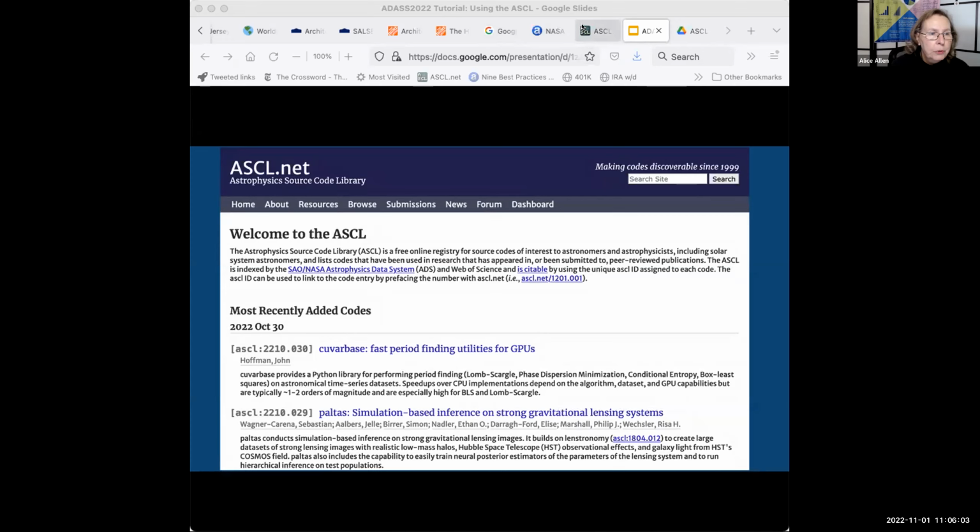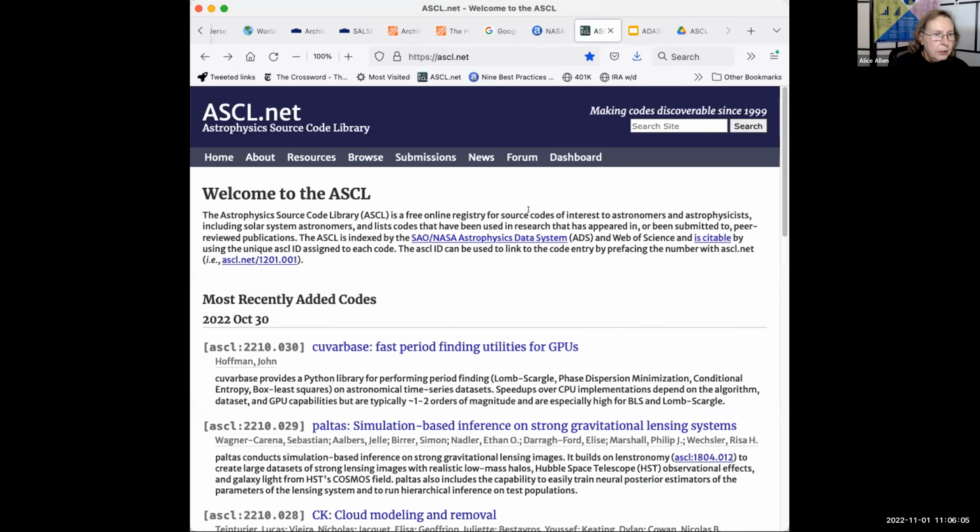And I'm going to switch over to that. So this is the homepage, I hope. That's what it was last night. Yes, nobody's added anything. So notice that the menu goes across the top. It's a very simple menu. There's a search box in the upper right corner, and the 10 most recently added codes are shown on the